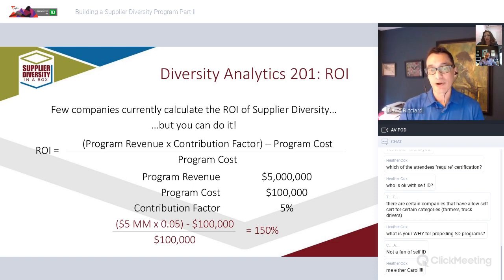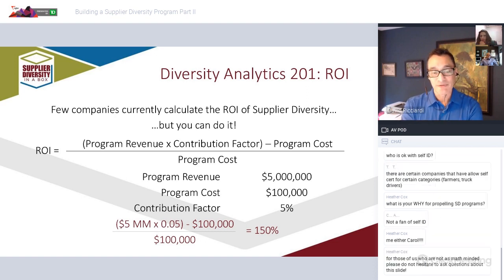But you're also going to apply what we call a contribution factor to this. The contribution factor is an indication that, out of all that $5 million in revenue from those customers, we can't say that 100% of that is due to supplier diversity. They chose our company because we're the best, we're the fastest, we've got the right product, whatever it happens to be. Contribution factor generally ranges between 1% and 5%. It's basically, of a given contract, what percentage of it are you saying was influenced by the fact that we have the supplier diversity program? Here I'm just using 5% for illustration purposes.